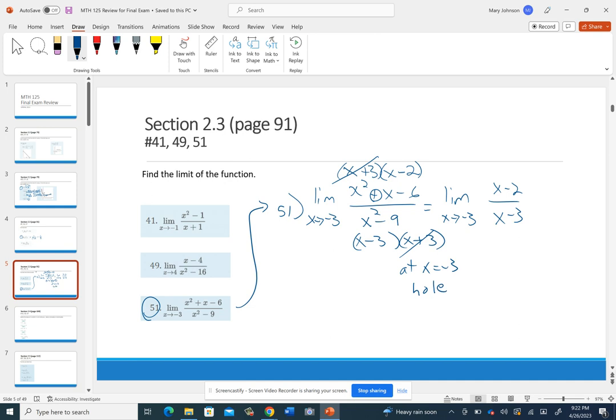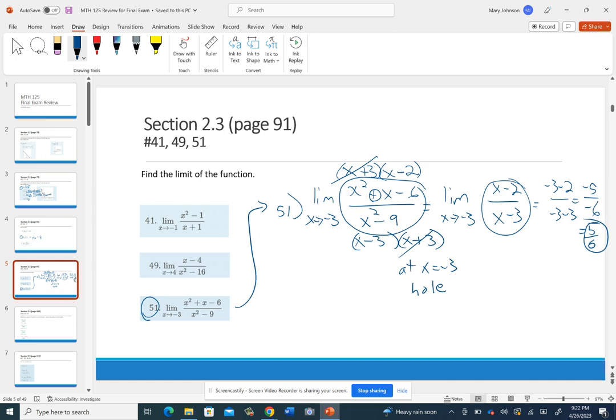All right, so once I've transformed the original rational function into something that's equivalent except for right at -3, right at one spot, then I'm able to use direct substitution at this point and plug in. And I get a -5 over a -6. And so my final answer would be positive 5/6 on that one. All right, so remember, if direct substitution doesn't work, you may have to factor, okay? And see if you can cancel out a common factor. And that kind of leads into,